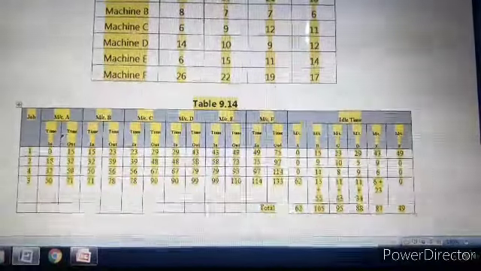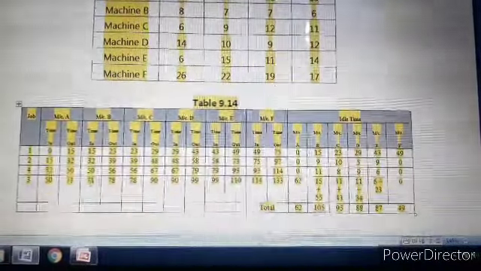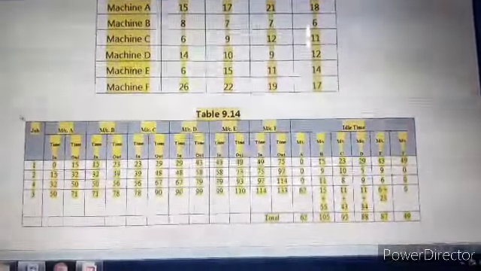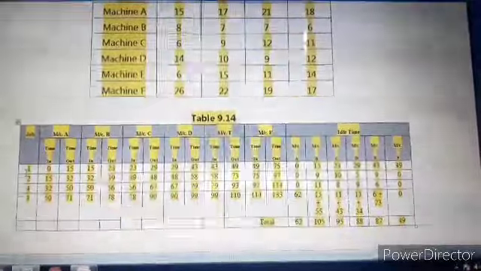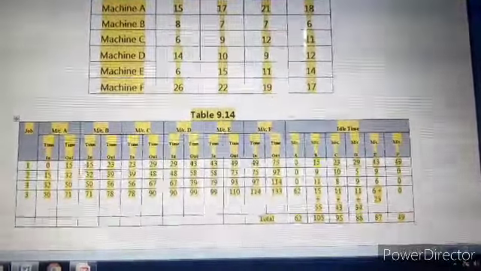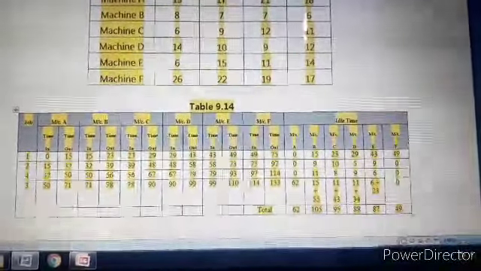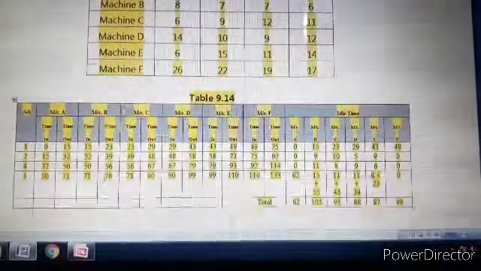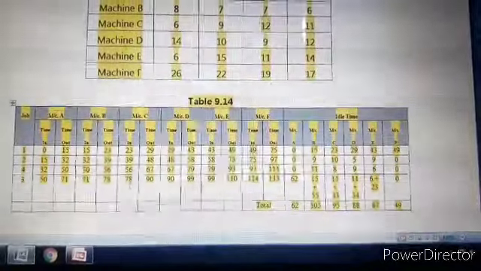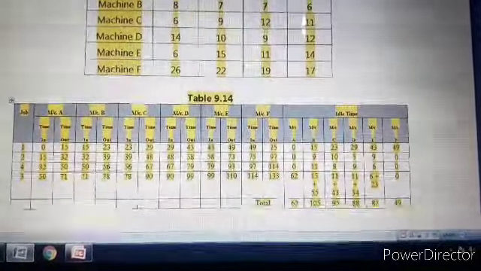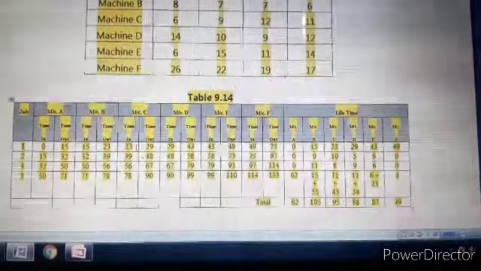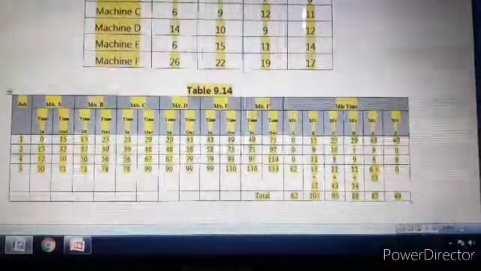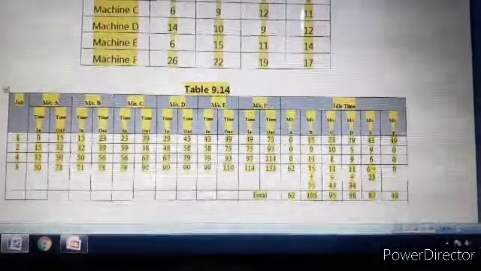we have processed all the jobs and we got the final time out for all the jobs on machine A, it is 71 hours. Similarly we have started processing of jobs on machine B with job 1 considering time in as 15 hours, and we have processed all the jobs and accordingly we got the time out for job 3, it is 78. Similarly for machine C, time in is 23 and we have processed all the jobs on machine C and accordingly we got the final processing time, that is 90 hours.